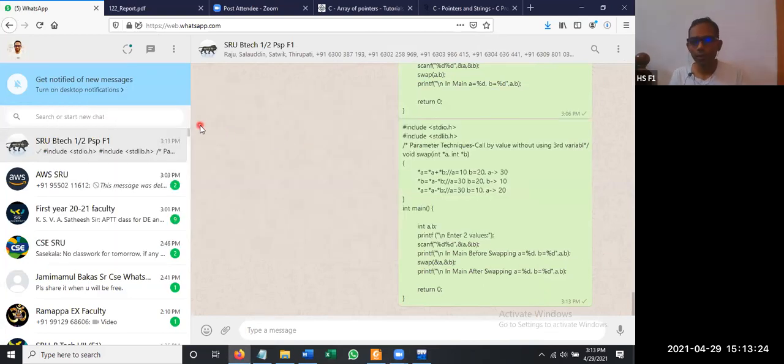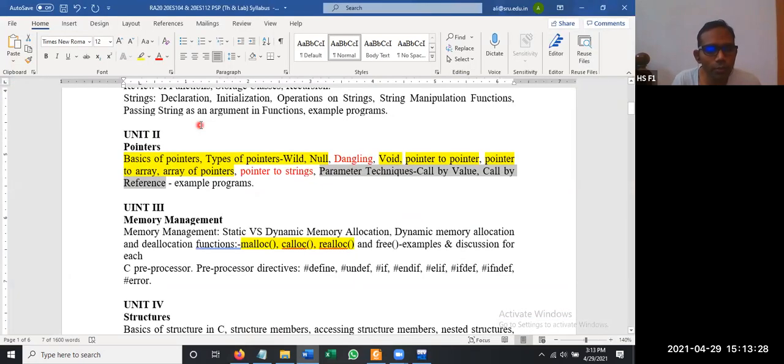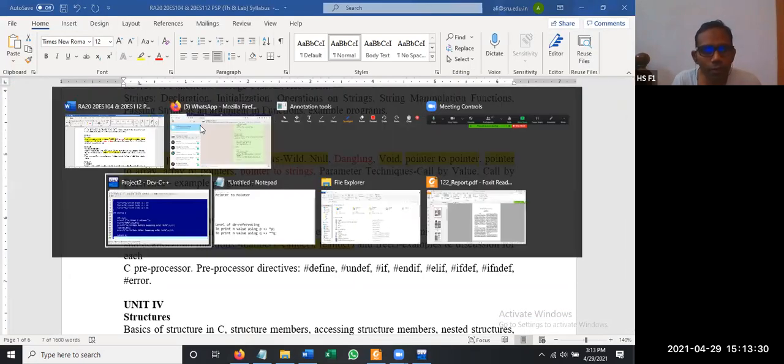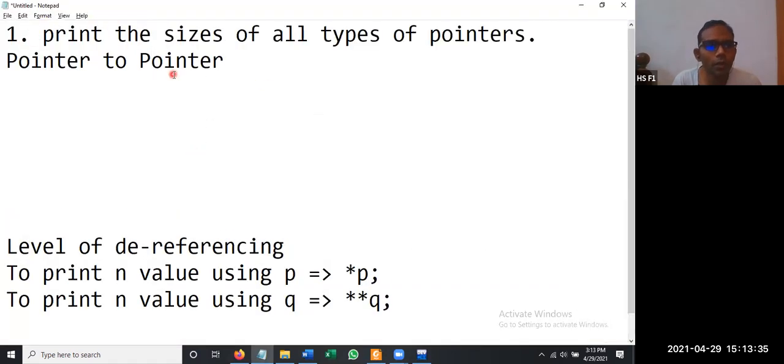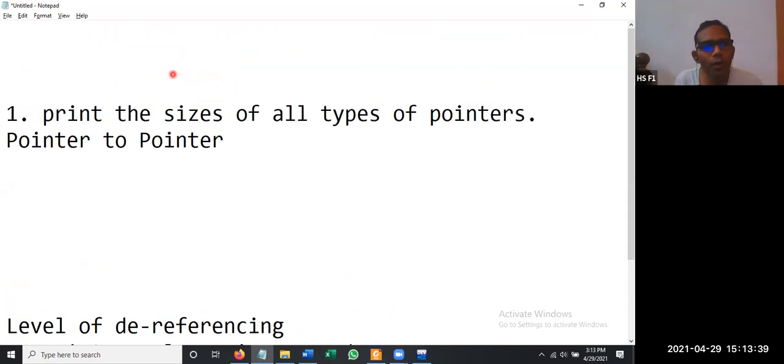So now let us stop the class, then let us make breakout rooms. So today what you are going to do is you are going to do these programs. What is the first program? So the first program, yeah, print the size of all types of pointers. That is the first one. Second one,